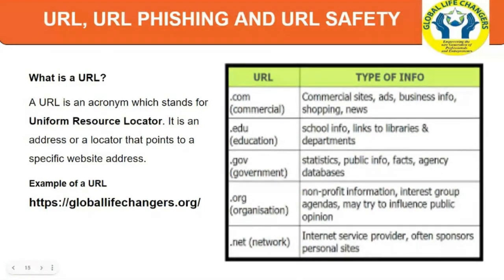Just like a physical address has several parts, a URL also has several parts, especially depending on what type of web page and what part of a website is being accessed. A URL is in a category called URIs that stand for Universal Resource Identifiers, which points a computer to the location of a resource on the network. The key portion of a URL address is the domain name. The domain name is the location or the server where the website is being hosted.